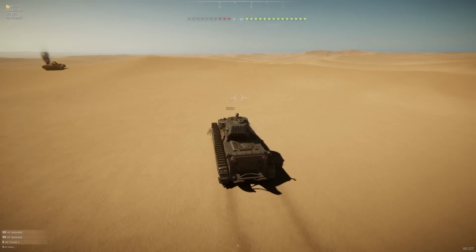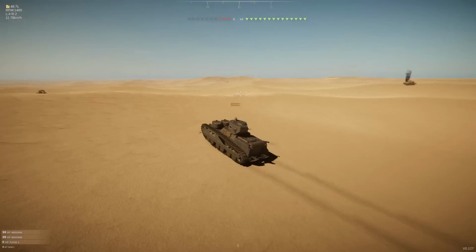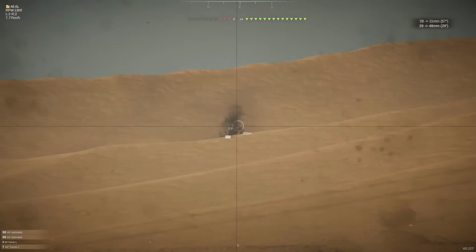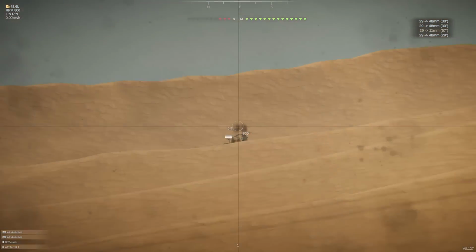Okay, so I think I can see at least 2 of the last 3. There is one just over this hill, as you guys can see, and there is also one over there as well, which I'm probably going to try and shoot first. Yeah, because he's the one that's going to be an issue for me, I think. I can't actually...